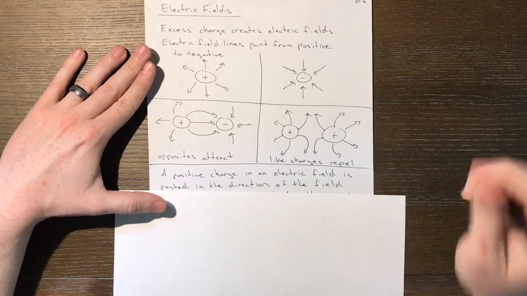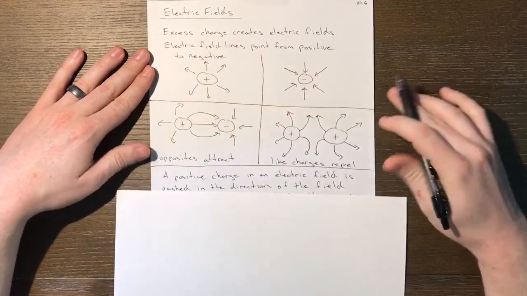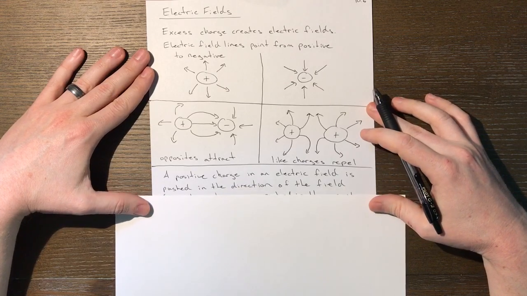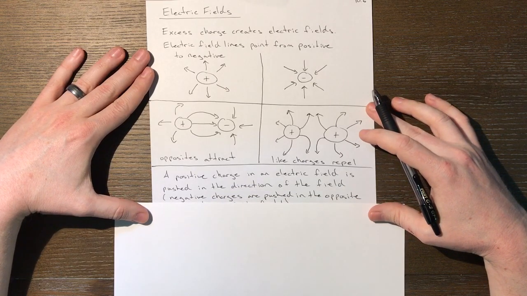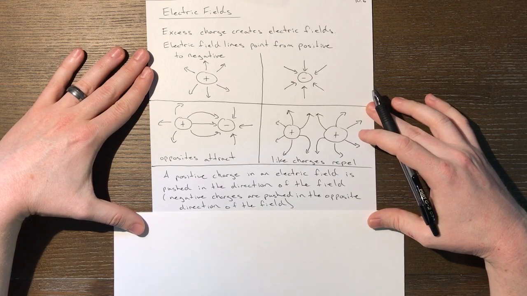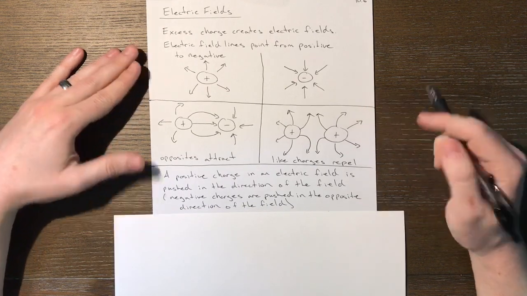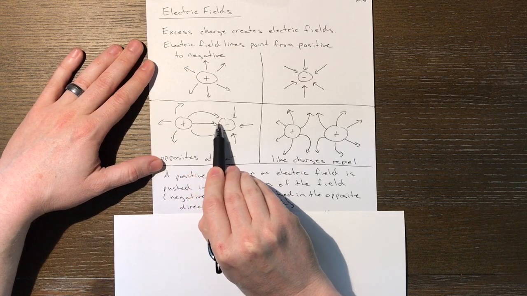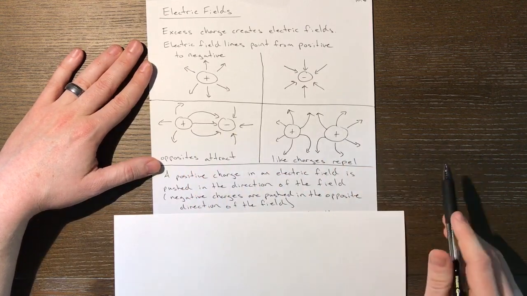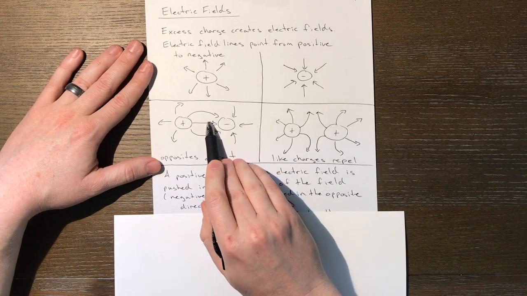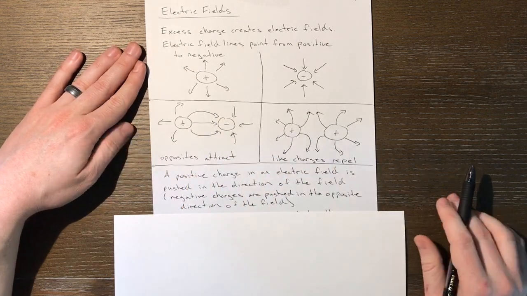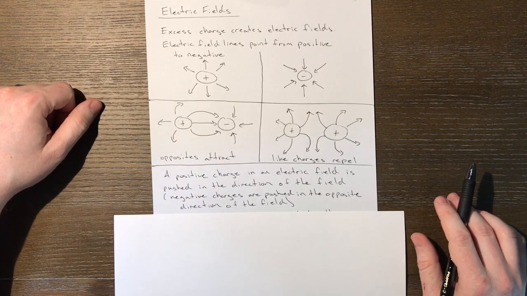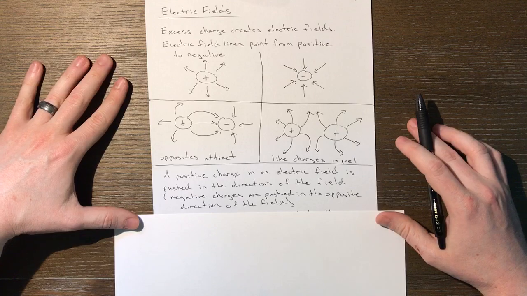If we were to take another charge and drop it into an electric field, a positive charge in an electric field is pushed in the direction of the field, and negative charges are pushed in the opposite direction of the field. If you can imagine, if we dropped a positive charge right here, it gets pushed away from the positive towards the negative. Or if instead we dropped a negative charge, it would go towards the positive, away from the negative, going opposite the direction of the field line. And this is